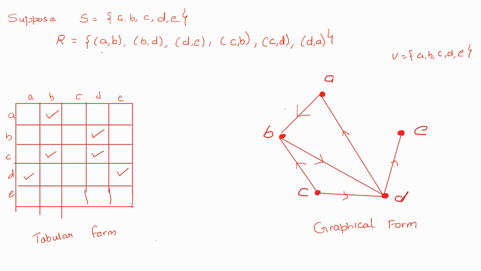First element of R is AB, that is, we can say that A is related to B, therefore the edge goes from A to B, therefore the arrow is from A to B. Okay, again B to D, there is this element BD, the arrow shows the edge going from B to D. Similarly we can draw this graph, and the same relation is represented in the graphical form.